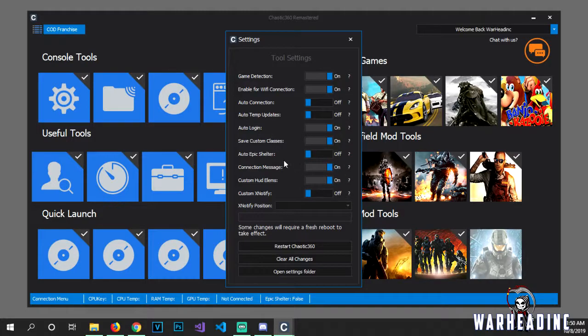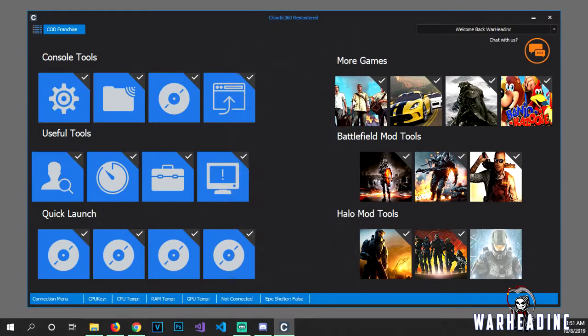Connection messages, custom HUD elements. I think this is, I'll show you guys what I'm talking about with this, but I think this has to do with your Xbox period and a custom notify. All right. So, all that's out of the way,